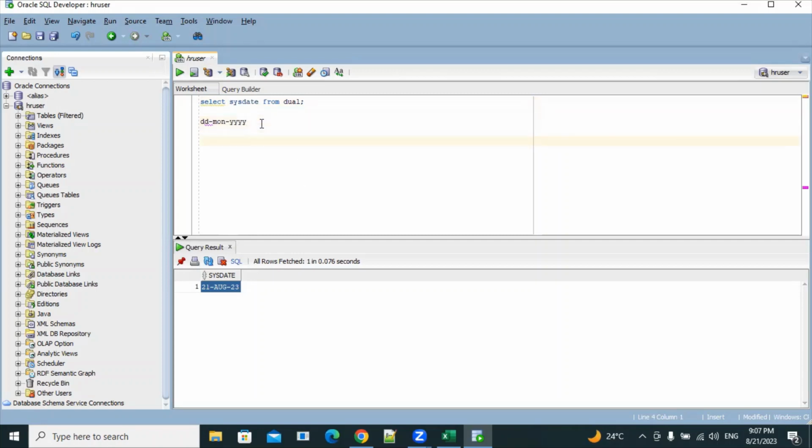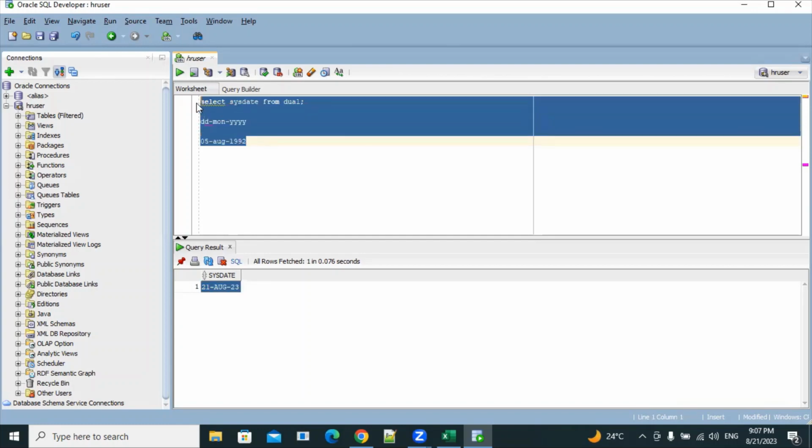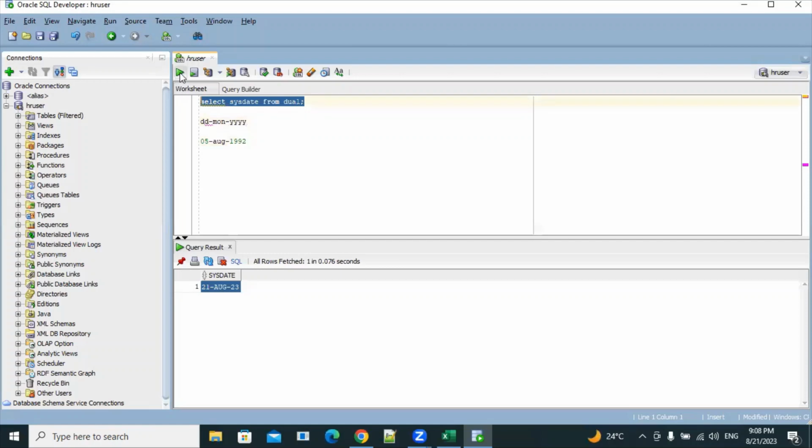So while inserting a date, you have to do this: 05-AUG-1992, whatever I have mentioned in the data. If you insert it in another format, it might throw an error. You have to give this format only while inserting a date. But this format will differ from system to system. Some might have another format, so run this query and understand the date format of your system, and only then insert the records. Some might have this also,